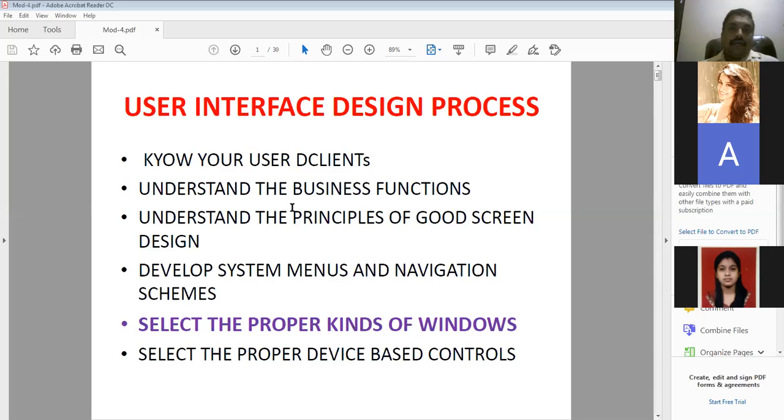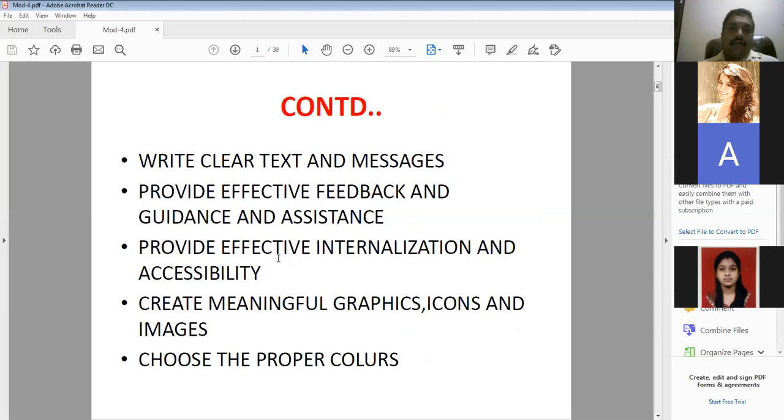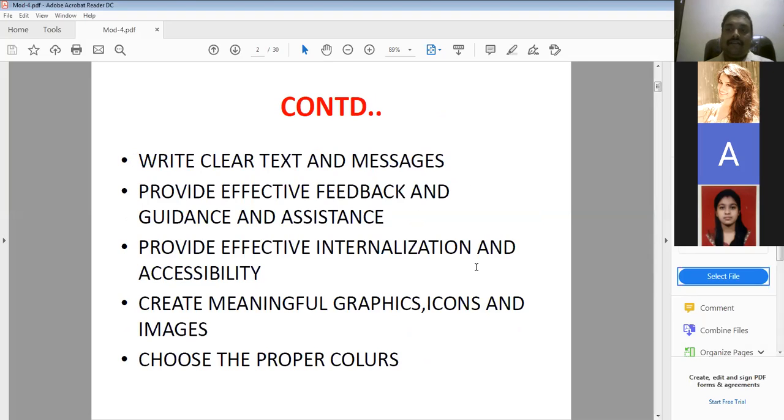And second, we have to look at the different kinds of controls, and the text or message we send on screen against every action should be clear. Whatever user interface we design should meet internationalization standards. That means if users from other countries use it, it should be effective.